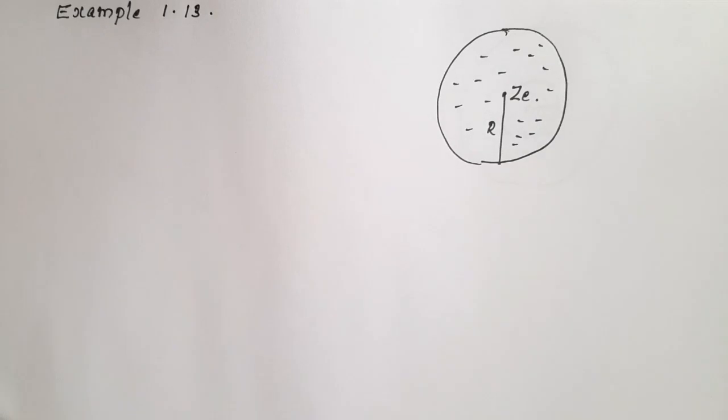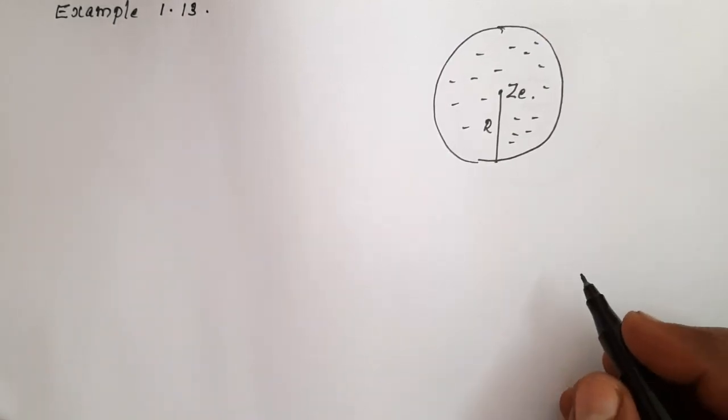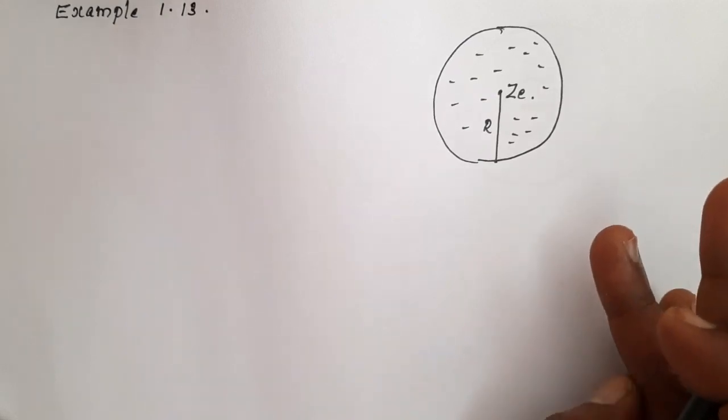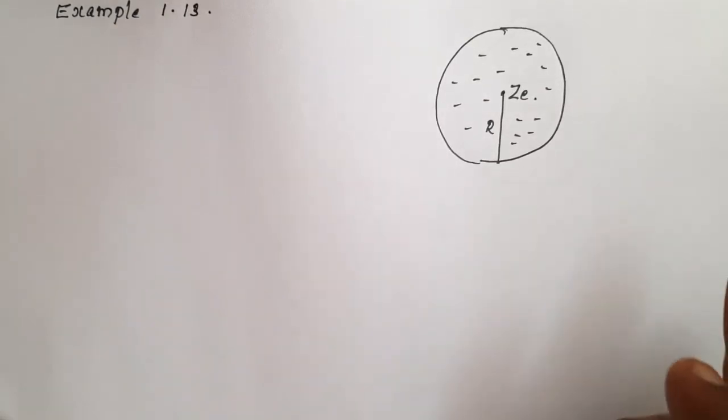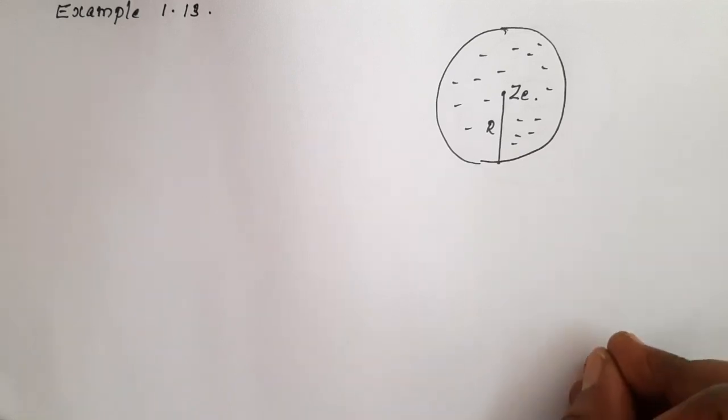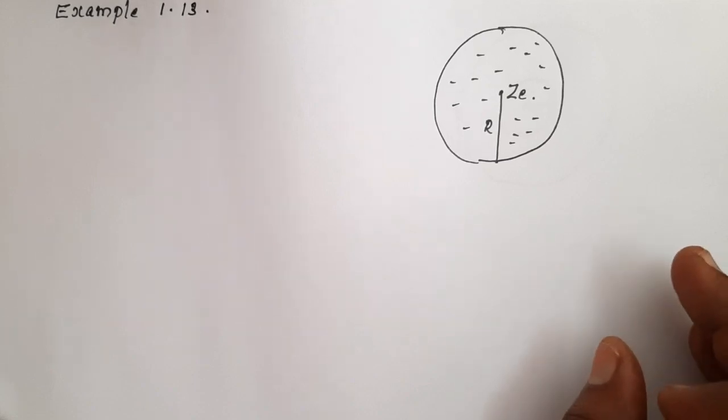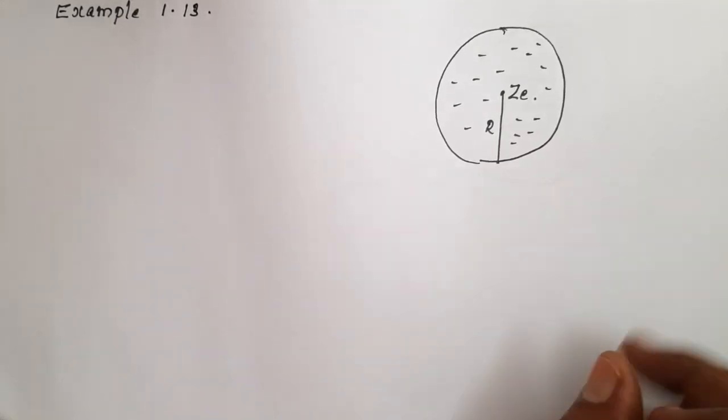So, you are asked to find what is the electric field at a distance small r from the nucleus. The nucleus occupies a very small space. As we discussed in the case of a spherical shell, here also we have three possibilities: outside the atom, inside the atom and on the surface of the atom. These three cases we will discuss for the electric field.